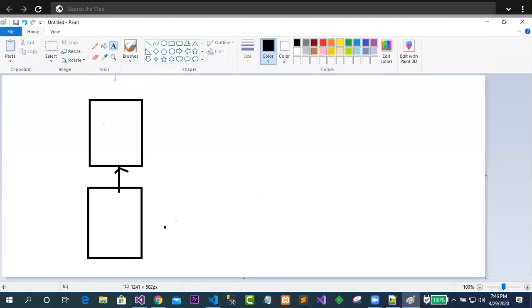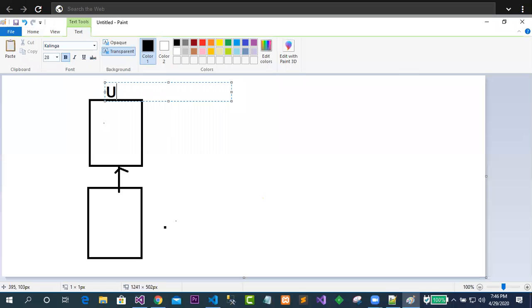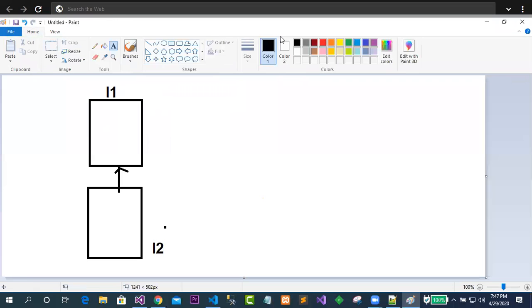Suppose this is I1, and this is I2. Got the idea? So what happened, guys? I2 inherits I1. It means that whatever function declarations are in I1 are now visible in I2.